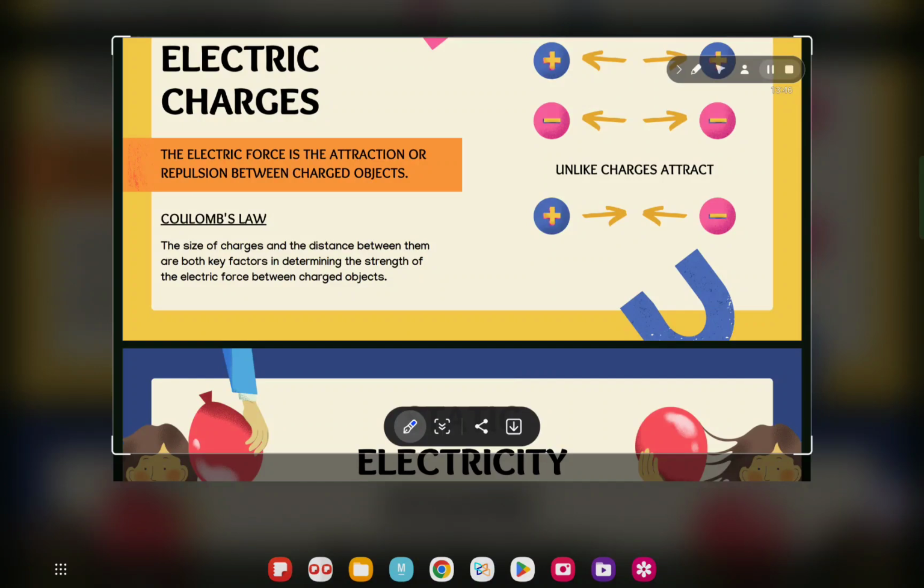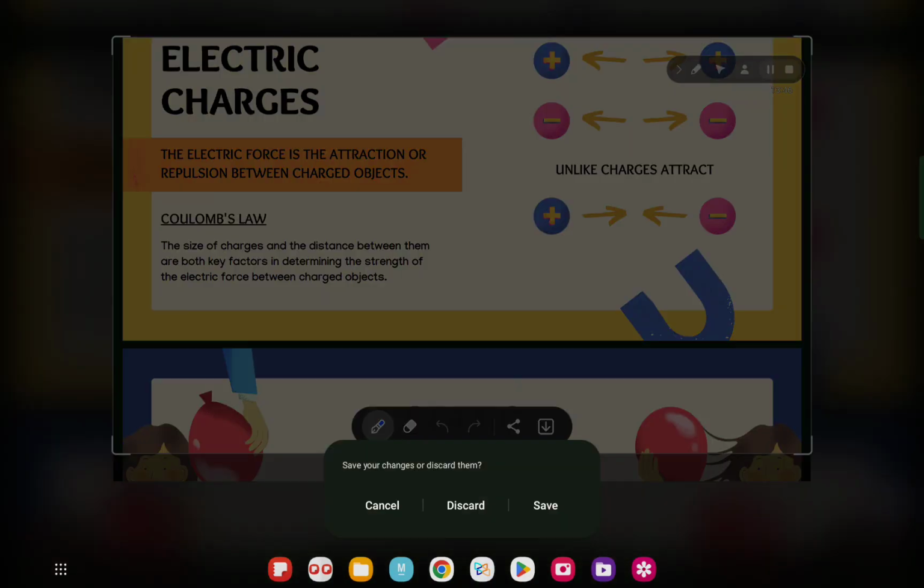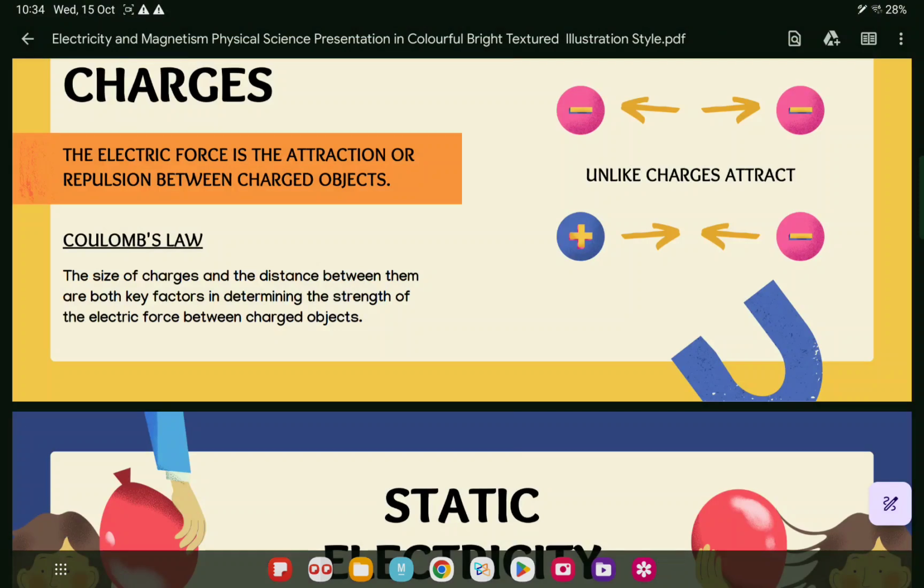Now you might be considering that if the particle size is very large and the distance between them is very low, whether the electric force will be more or less. Or if the sizes are very small and the distance is very large, then whether the electric force is weaker or stronger. So we'll be discussing all these conditions in coming slides and coming chapters. First of all, you only need to understand these terminologies that we use almost every day in our day-to-day life. I'll take my example.